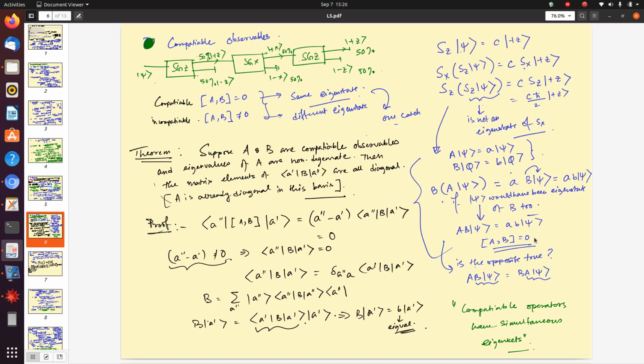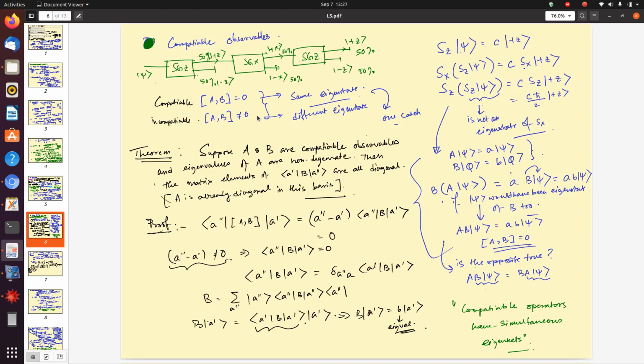So, this is a very sketchy way of arguing that if you perform two measurements and these two measurements give you the same output, like at the end you will get an output of the SZ type, so you pass it through something and the second device does not change the output, then it obviously means both of these operators, whatever you measured, are related. SZ and SZ is of course the same operator, the same observable. So, they will have the same eigenstate, but even if they are different, if the output is the same, then that is also possible. Then you know these two operators commute.